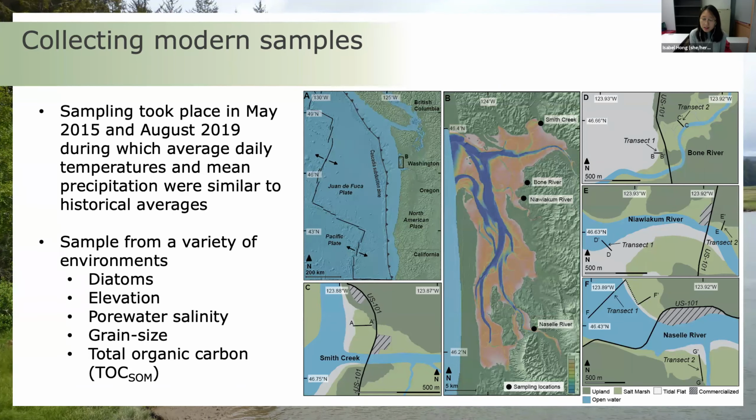Now, for diatom analysis, I counted 400 valves and identified and classified the species based on where possible local observations, and if not possible, then using global observations. For diatom analysis, in addition to counting the species present, I also did hierarchical clustering to identify separate groups of diatom assemblages within each transect. And then I followed that up with principal component analysis and redundancy analysis to analyze the relationship between the modern diatom assemblages and the environmental variables.